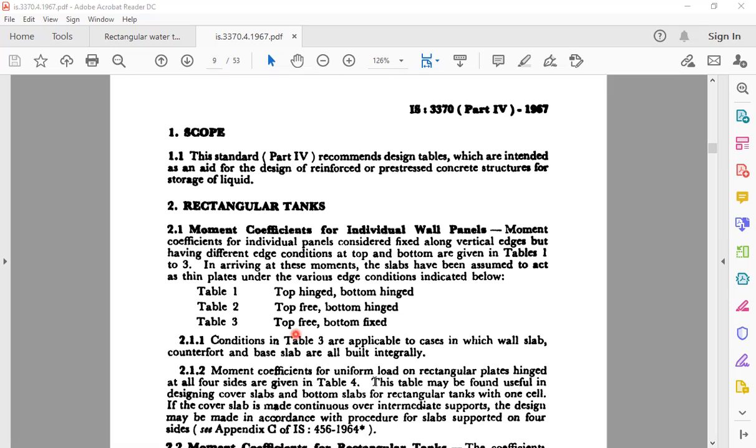The moment coefficients for uniform load on rectangular plates hinged at all 4 sides are given in table 4. The first 3 tables give the coefficients for water pressure, that is triangular water pressure, but this 4th table has uniform pressure or uniform loading condition. That's how they have mentioned it here, for the uniform load. And this table may be found useful in designing cover slab and bottom slab for rectangular tanks with one cell,